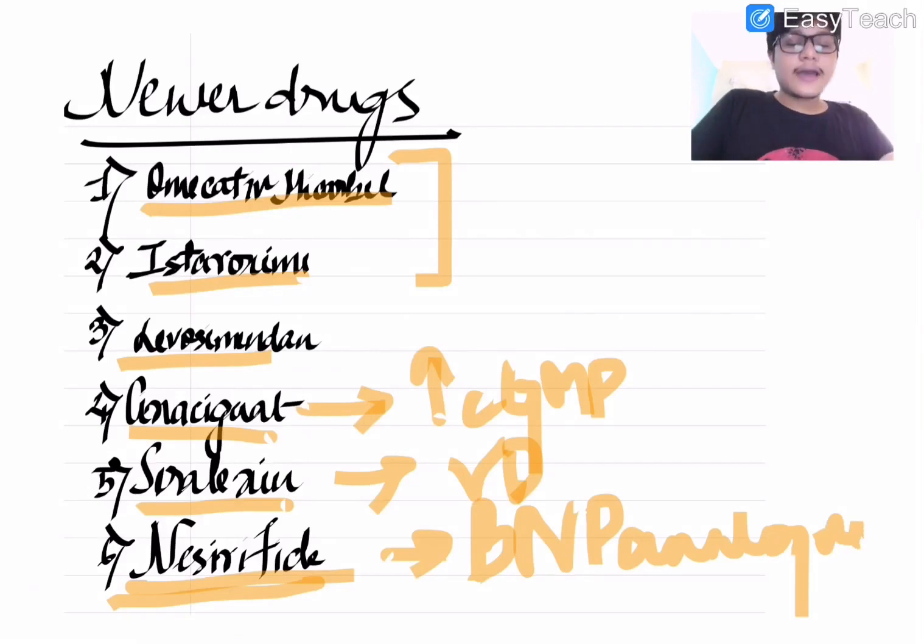Now, what is the mechanism of action of BNP? BNP will cause natriuresis in response to increased extracellular fluid volume, and this will decrease the preload and decrease the symptoms and the distress of the patient. So here is a very quick and concise review of the treatment of heart failure.